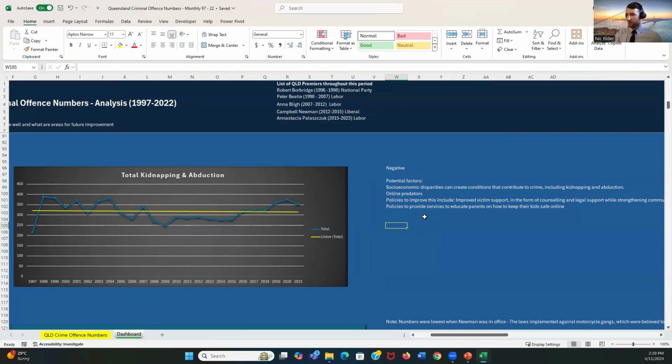So that's something to be wary of. One of the big ones now is online predators, which can affect the safety of people online, especially kids. It has become a big thing now. Probably the government really needs to crack down and ensure that kids are safe online, from little kids to teenagers, by creating applications and security-based systems to stop this, and then even just education for the kids